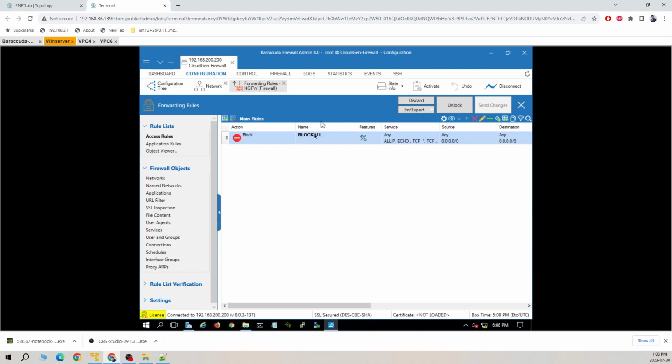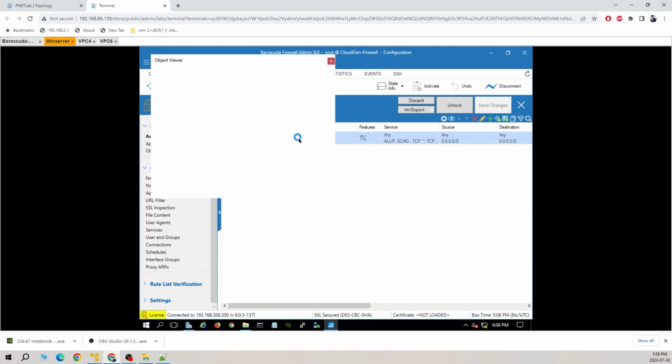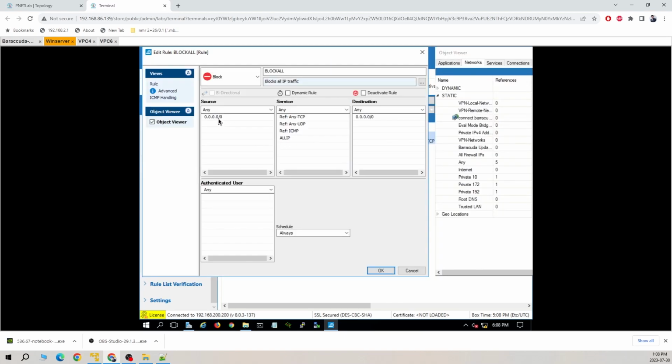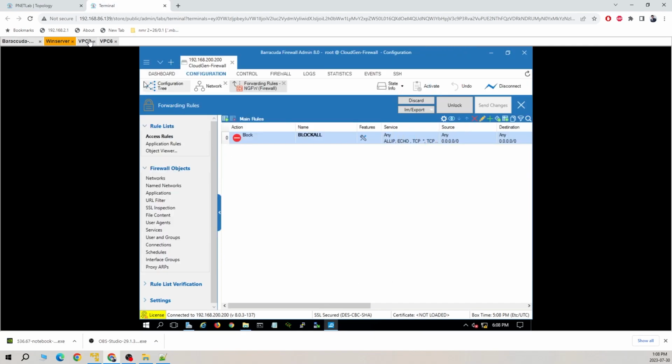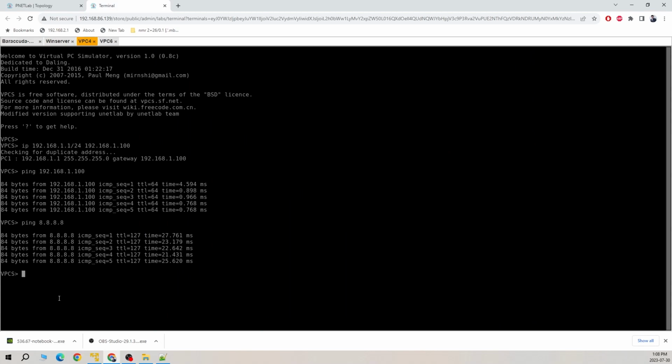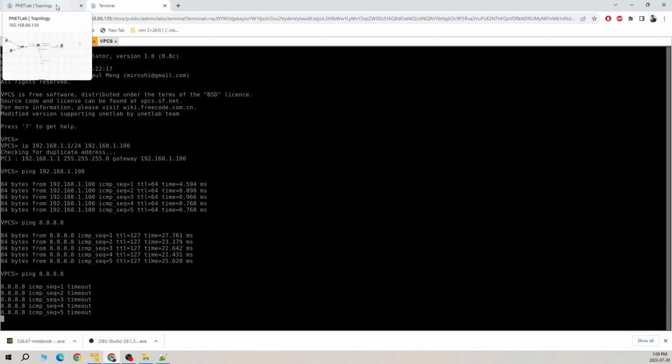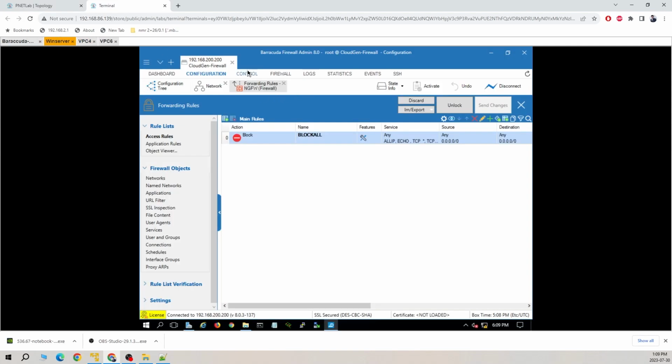So it has been activated now. There's only one rule here. What this rule is saying: block all. Any traffic, any source, any services, any destination, block it. So let's go back to the virtual PC again. Last time we were able to ping 8.8.8.8 Google. Let's ping it now. No, we cannot ping. The reason is that there is not even a single policy which allows this computer to reach the internet. If you check our Barracuda live logs,